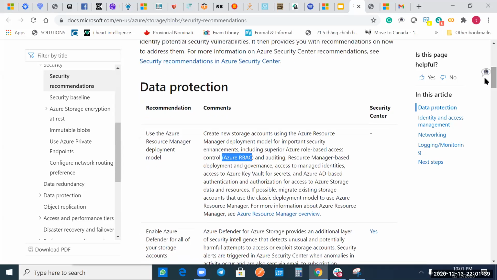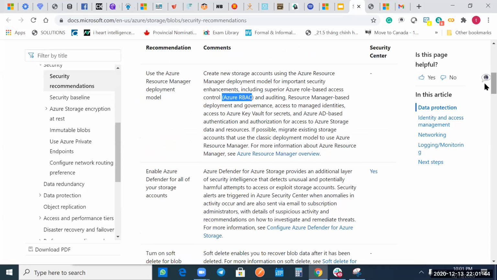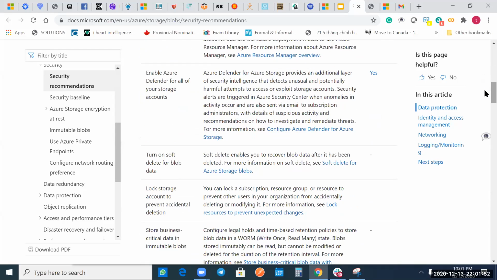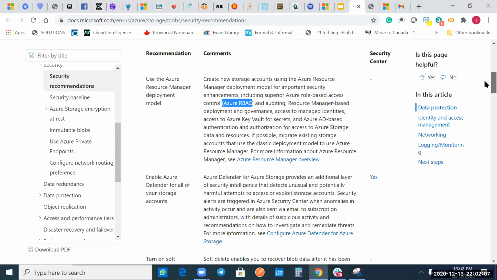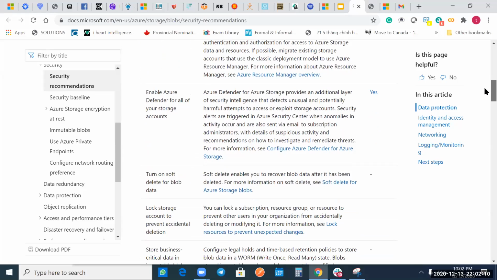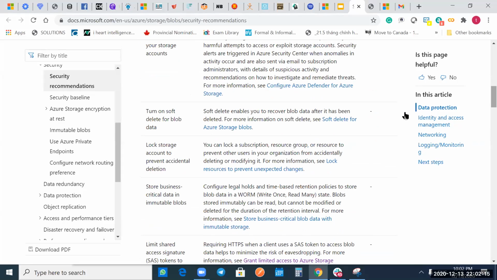So number one, again, use Azure RBAC. Number two, enable Azure Defender for all of your storage accounts. Just be aware of the name. They're not going to go deep into different suspicious activity, because that will be in another certification. So number one, use Azure RBAC. Enable Azure Defender. Remember the service name is Azure Defender. Number three is